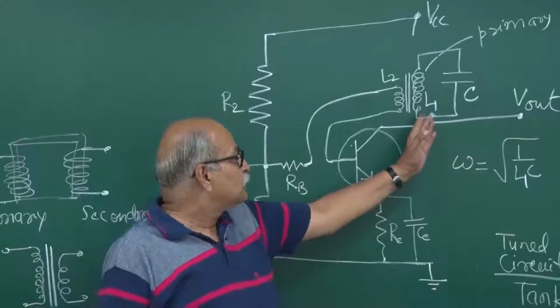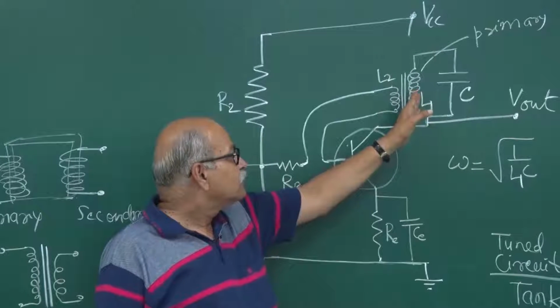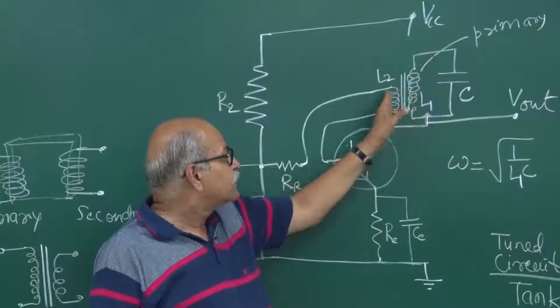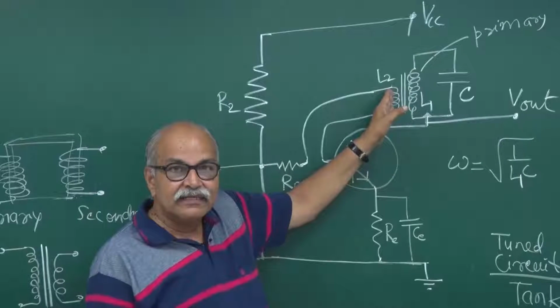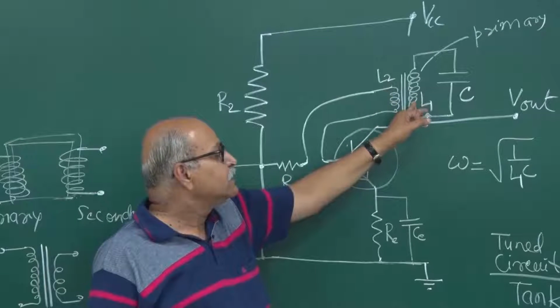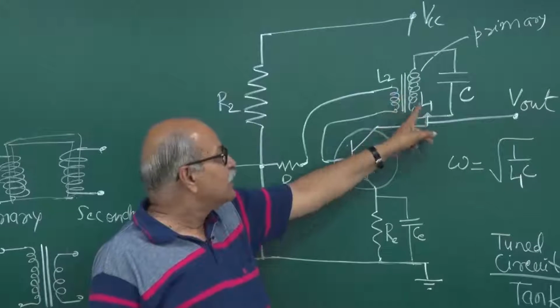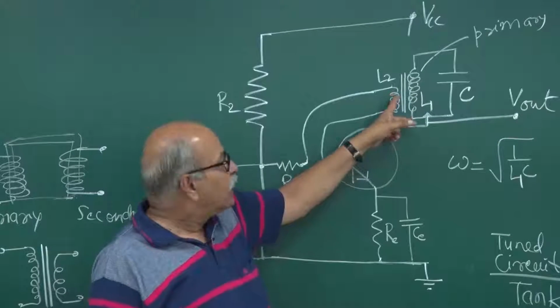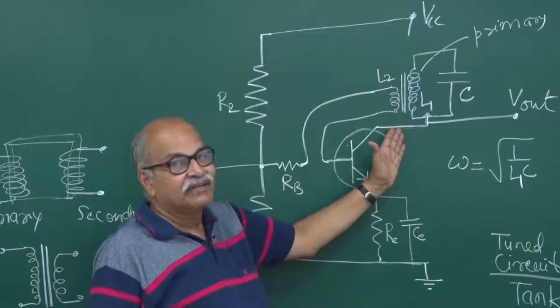So whatever is the oscillations here, when this transformer primary and secondary coupling is made, the direction of winding ensures that there is a 180 degrees of phase change between this part and this part. So there is a 180 degrees of phase change, and then when this signal goes here and gets amplified,